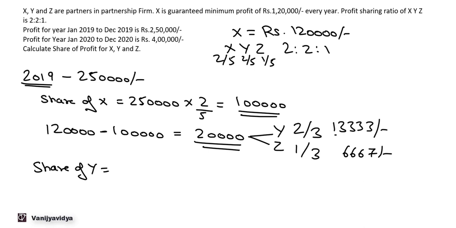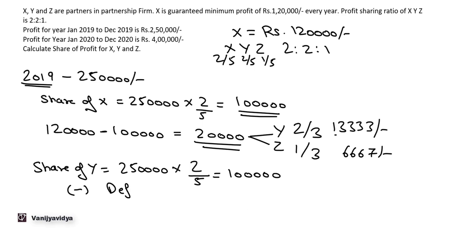Share of Y is 2,50,000 into 2 by 5. That is 1 lakh. Now, since there is a deficiency of minimum guaranteed profit to X, Y has to share 13,333 out of his share. So, less deficiency that is borne by Y, that comes to 13,333. So, the profit sharing of Y for this will be 1 lakh minus 13,333, that comes to